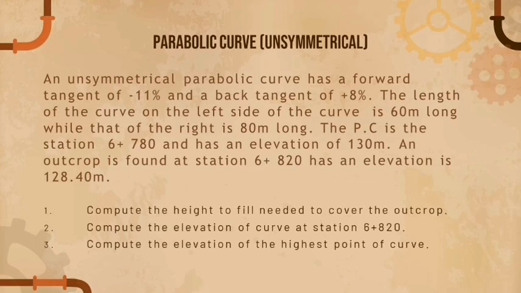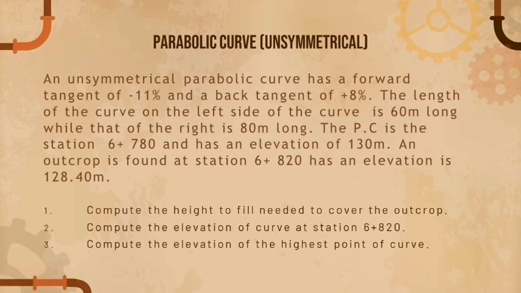So let's get started. An unsymmetrical parabolic curve has a forward tangent of 11% and a back tangent of positive 8%. The length of the curve on the left side is 60 meters long, while that on the right is 80 meters long. The PC is at station 6 plus 780 and has an elevation of 130 meters. An outcrop is found at station 6 plus 820,